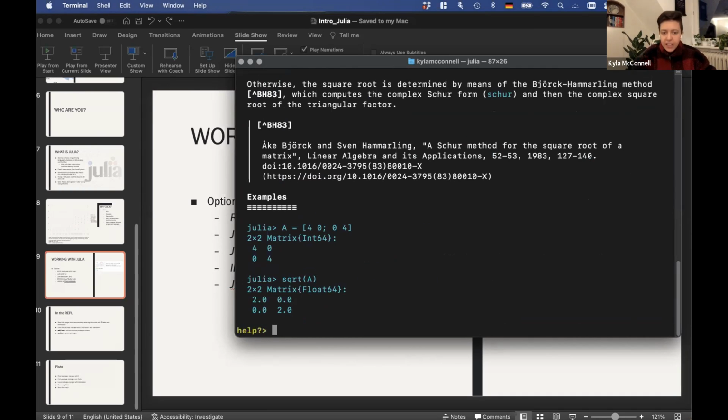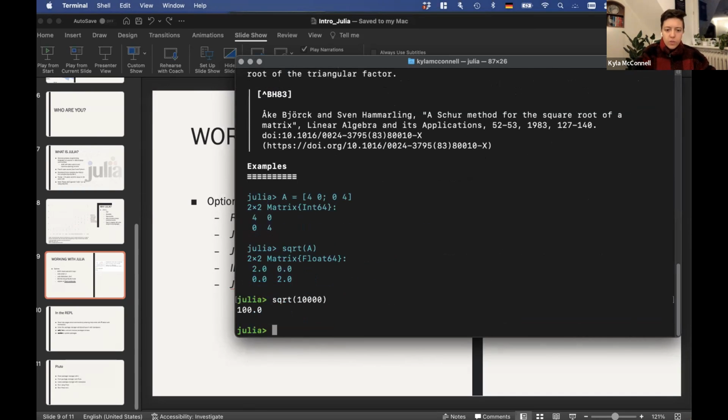You can press question mark again, and you can see instantly that this changes to help. So now that we've learned that this is the square root, for example, we could try square root of 10,000, and we could get the answer to that. So just question mark. And to get out of the help section, you press the backspace when there's nothing on the line. So question mark, backspace, question mark, backspace. So that's a cool built-in feature of the Julia REPL.